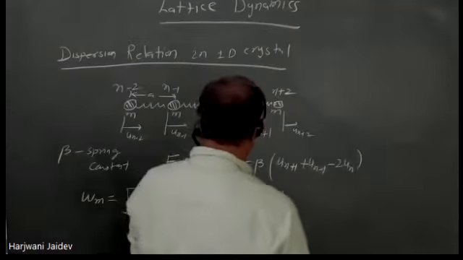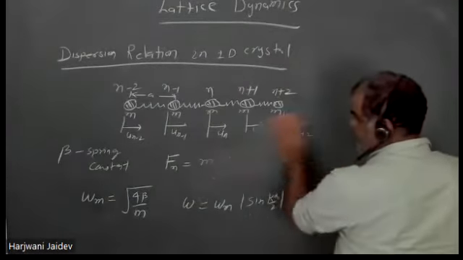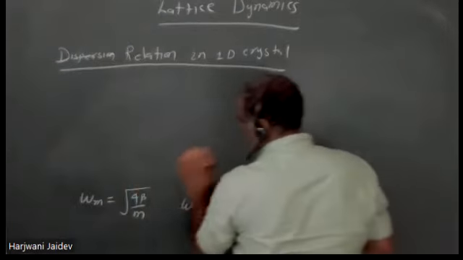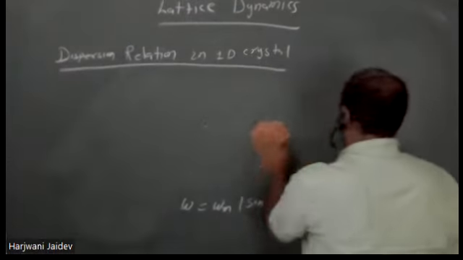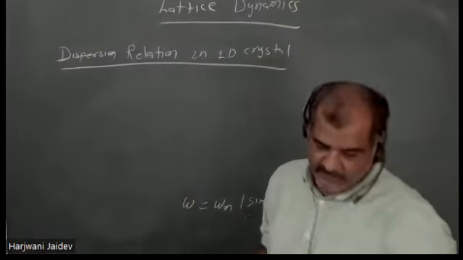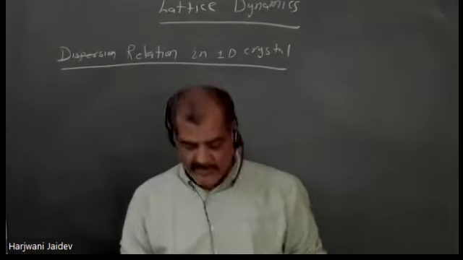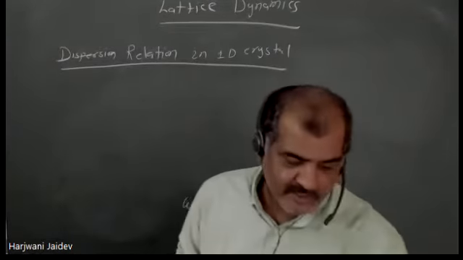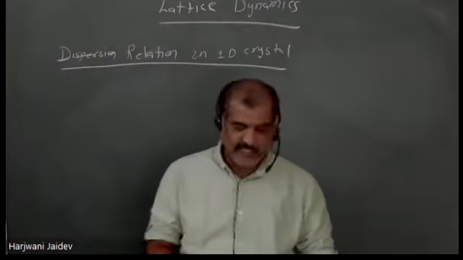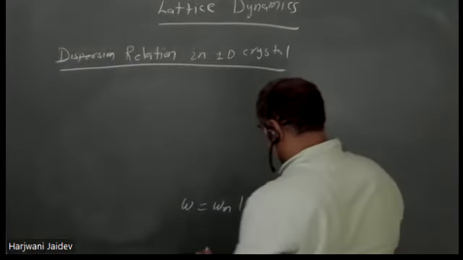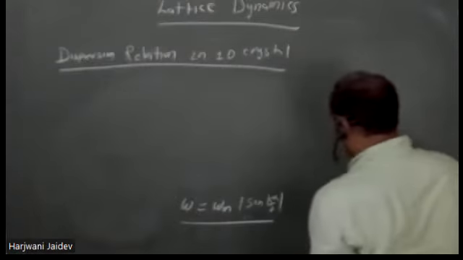Let's move ahead. So this is our omega relation, the dispersion relation. You are right, we are now generalizing 1D to 2D and 3D, assuming the same lattice constant. If there is a variation, there should be a, b, c in the expression. Now we have also seen, if we draw this graph,